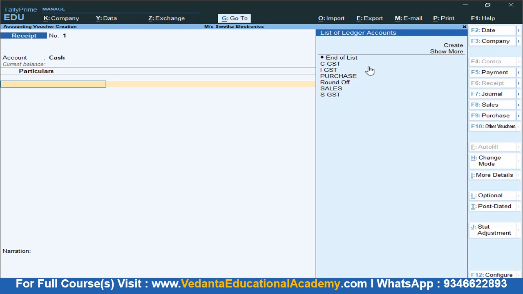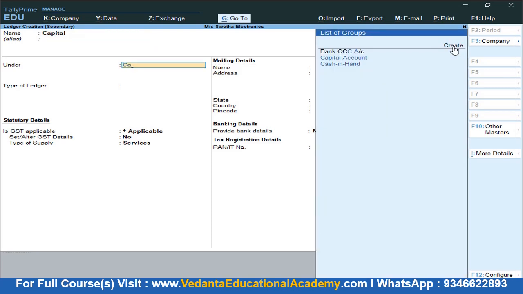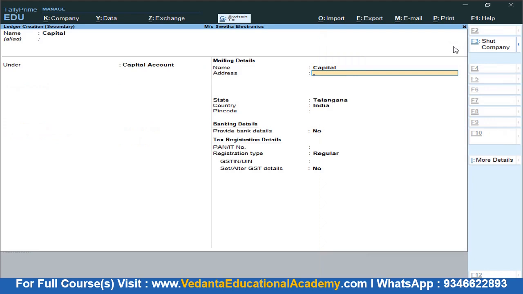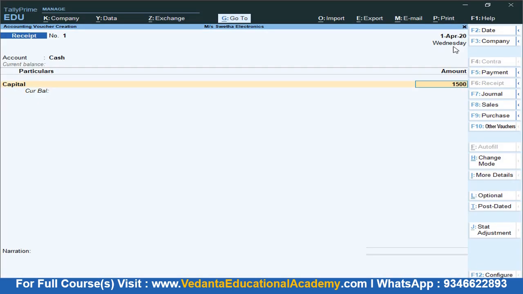As of now the capital ledger has not been created, then you can simply click on create. Then I'm going to create a ledger called capital. Capital comes under capital account. Then Control A, save. So as of now we are receiving the capital of rupees 15 lakhs. Now the voucher has been saved.